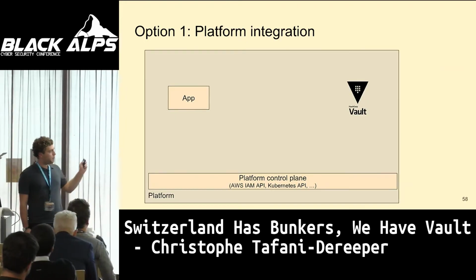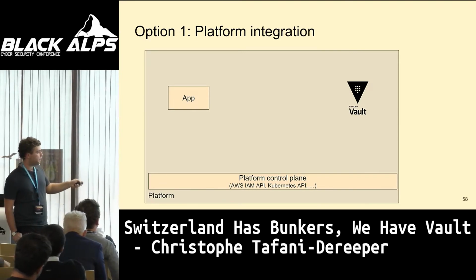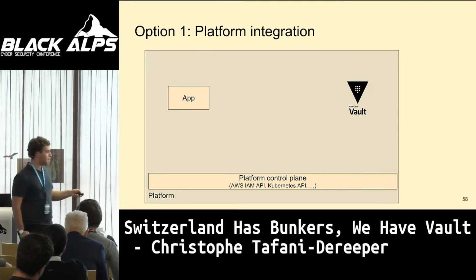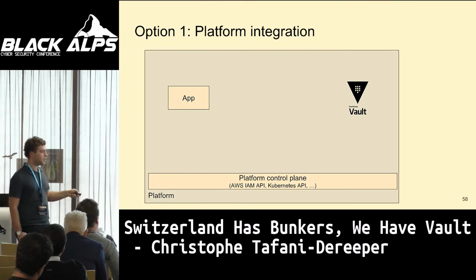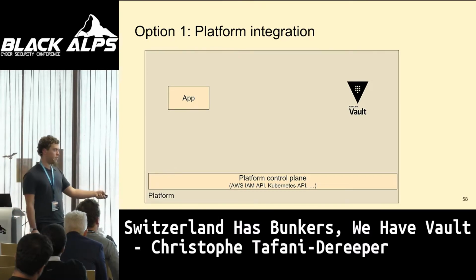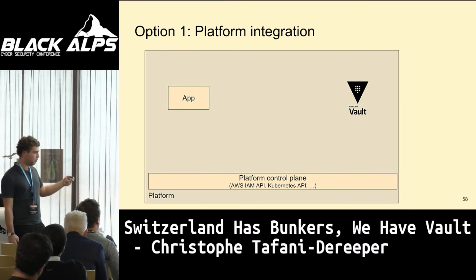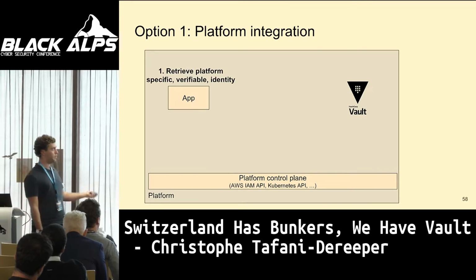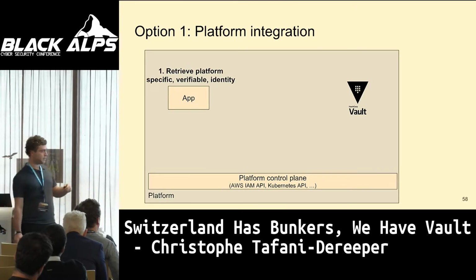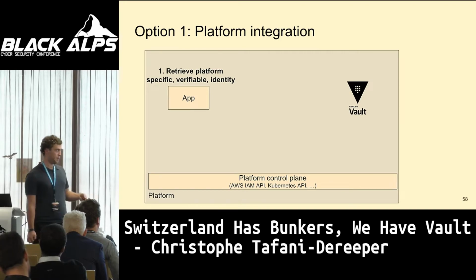You have your application, which runs in a certain platform. You have Vault, and you have what I call the platform control plane, which is going to be maybe the AWS API, the Kubernetes API, or whatever. And then the application is going to retrieve its platform-specific identity, which can be easily verified. So in AWS, it's going to be signed by AWS.